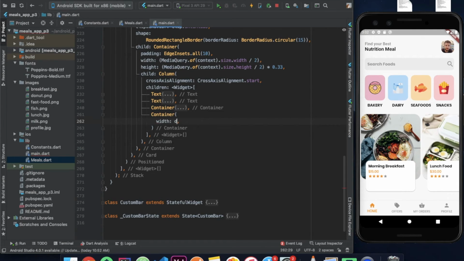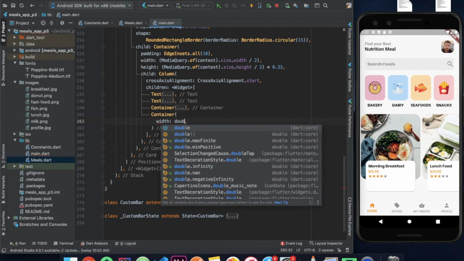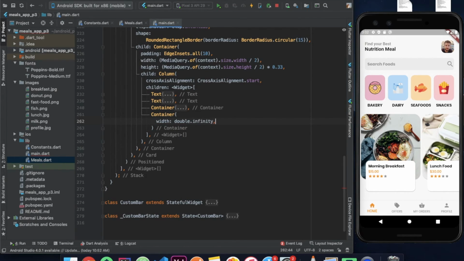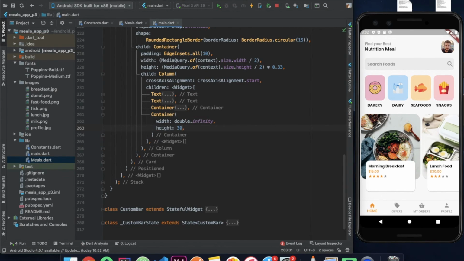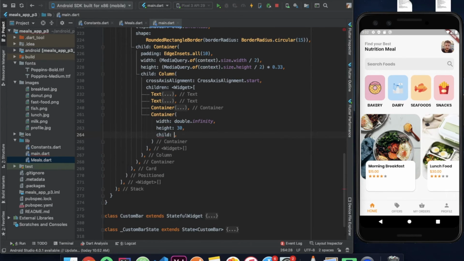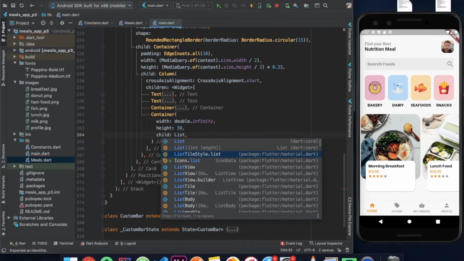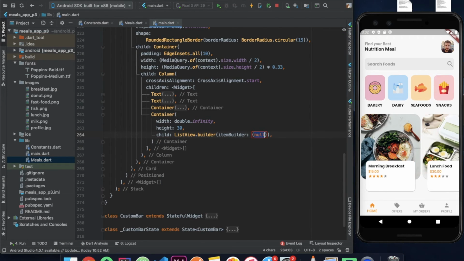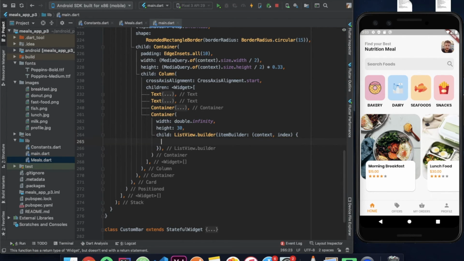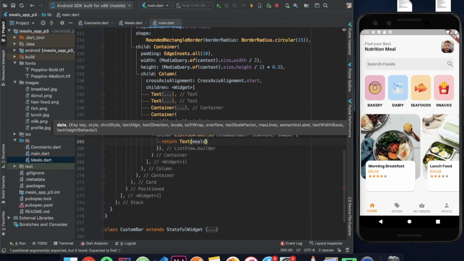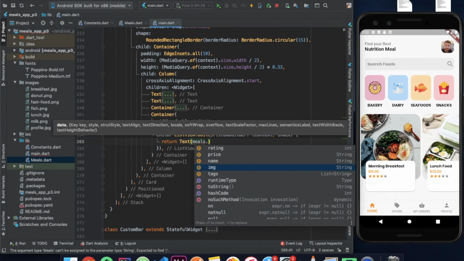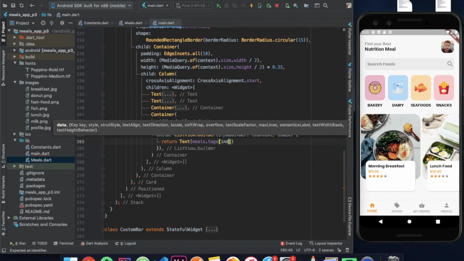Before we add a child, first of all we are going to take up the entire width, and then for the height we can give it as 30, and then we can provide a child which is going to be a ListView.builder, and this time for the itemBuilder we are going to give context, index, and we are just going to return our Text which says meals.tags[index],